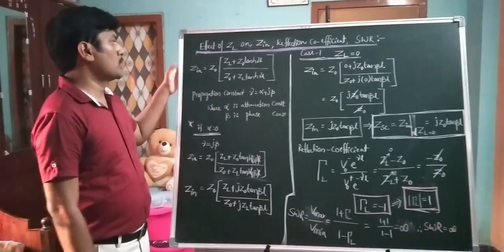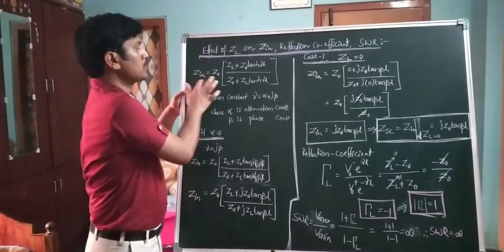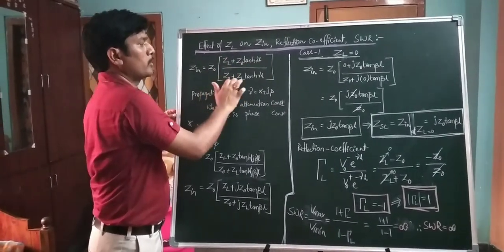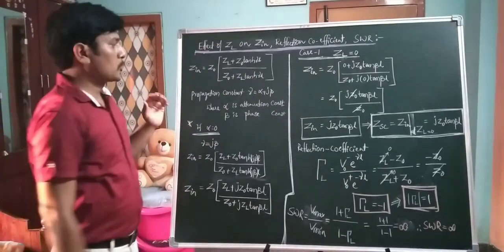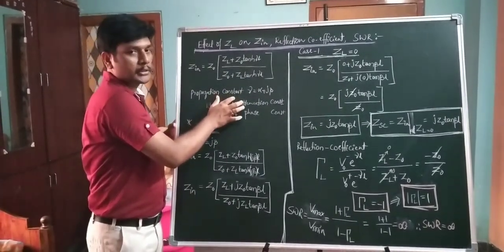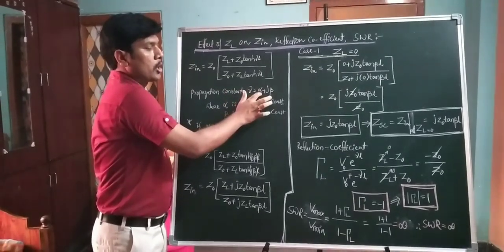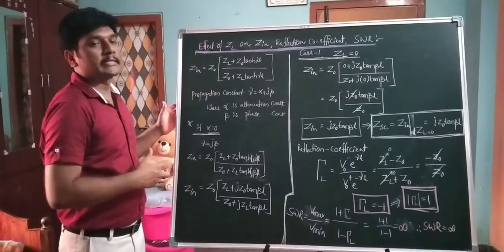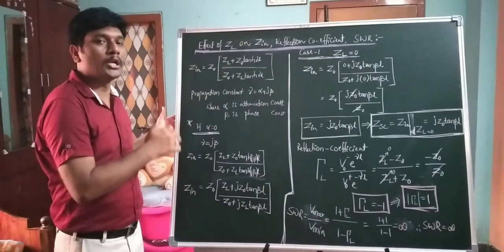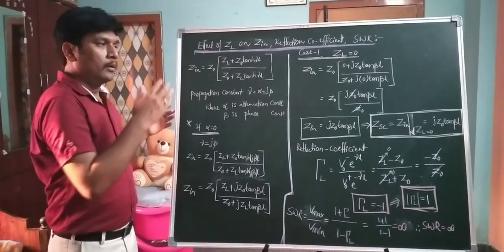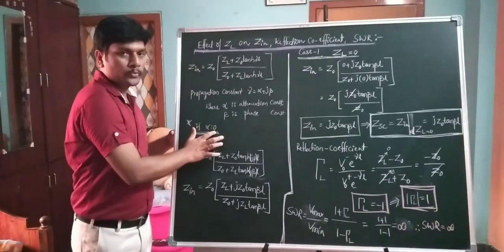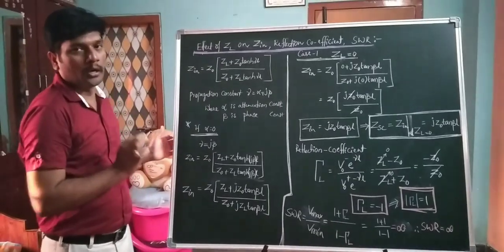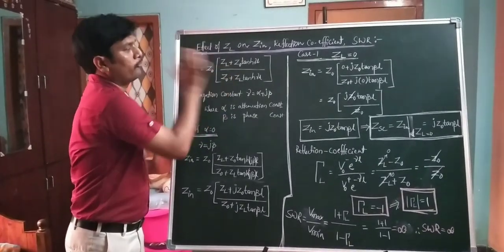So as we know, what is the input impedance formula? Input impedance Zin is equal to Z0 into (ZL plus Z0 tanh gamma L) divided by (Z0 plus ZL tanh gamma L), where gamma is the propagation constant, generally denoted as attenuation constant alpha plus j into phase constant beta, right? So if we select the conditions such that attenuation in the transmission line is equal to 0, when alpha equal to 0, gamma becomes j beta. That gamma is substituted in the formula.